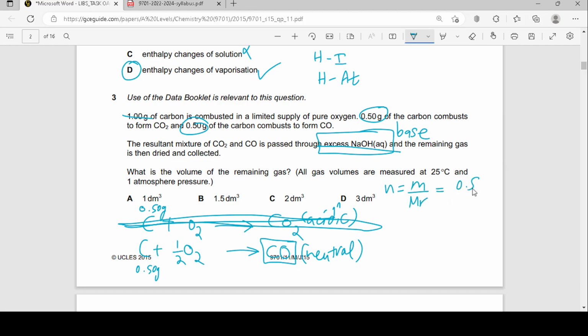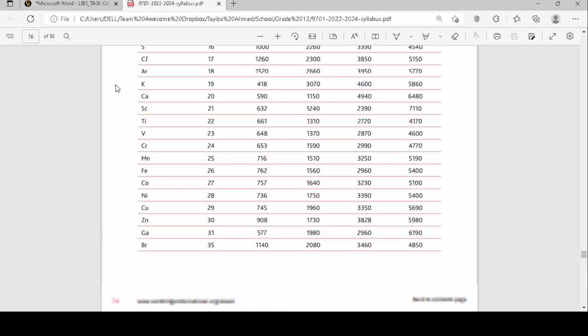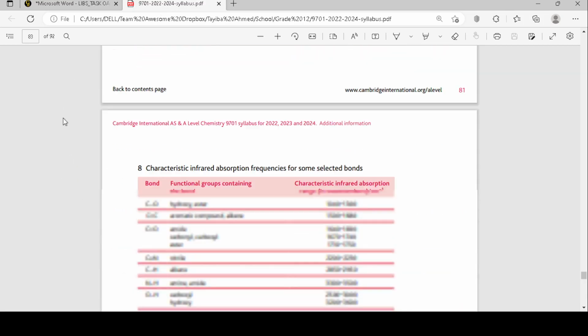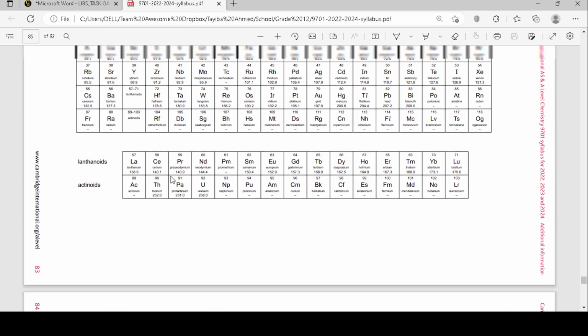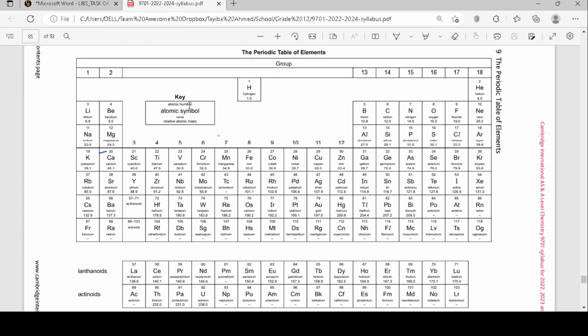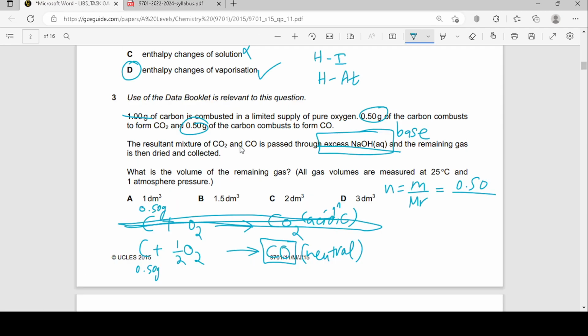So 0.50 over, if you check the periodic table, it should be 12. I'm just going to write that, 12.0. So 0.50 over 12 is basically